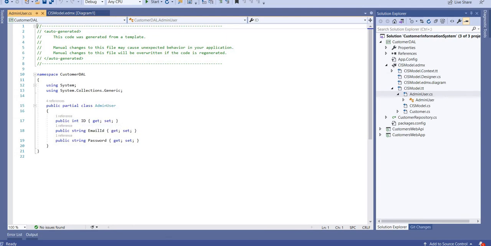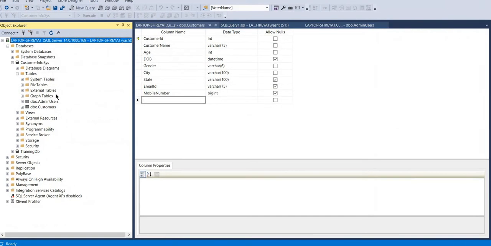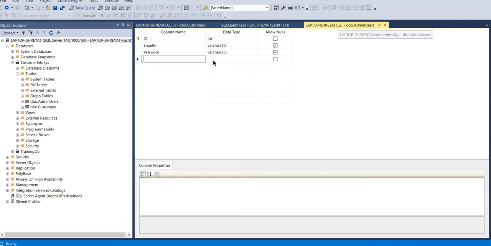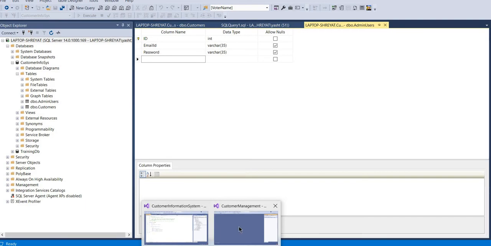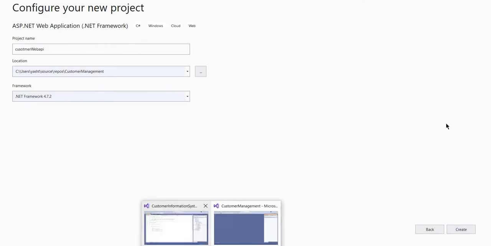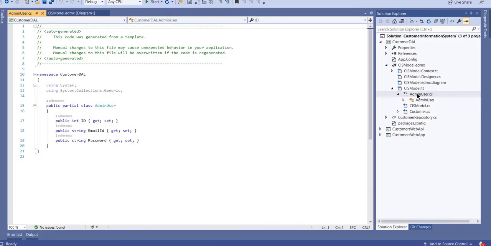So id, email id, password, these are the columns of my admin user table. So it created an admin user class, and for those columns it created those properties, and this admin user will communicate with your table. Okay, for doing the CRUD operation,